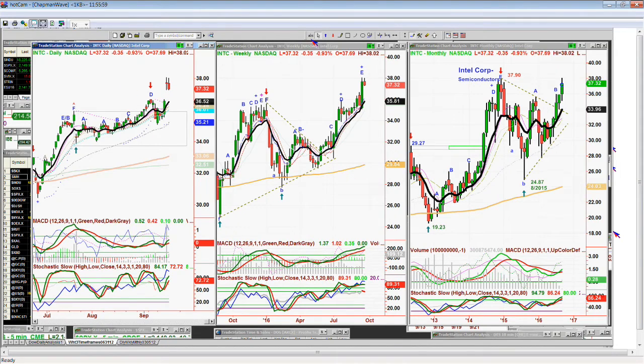And then it pulled back, and on Thursday I would have put this rectangle in like that. I would have said, hey, there's a rectangle, right? Instead, what happens is we get another gap on Friday, and now it's giving some of that back up. This, if I'm identifying correctly, in Intel at 38.05,